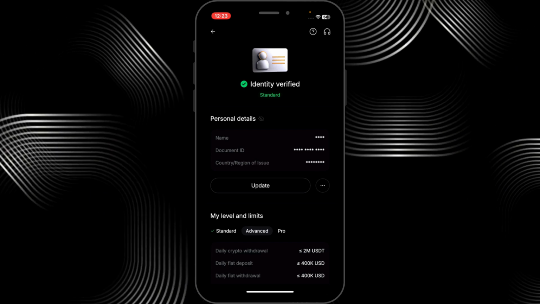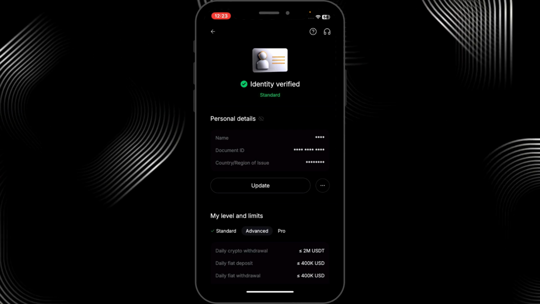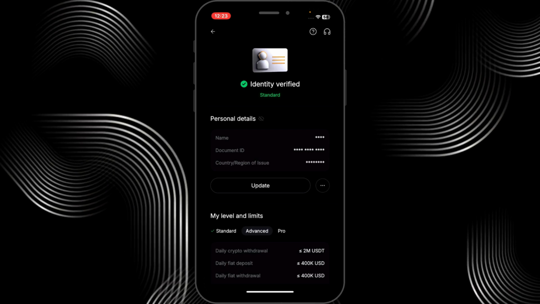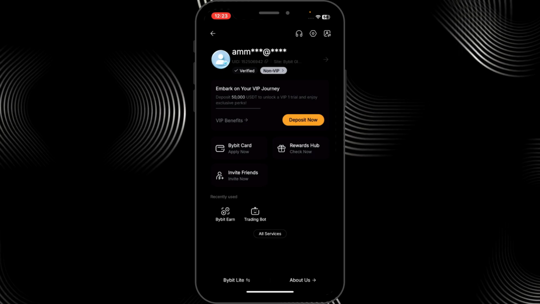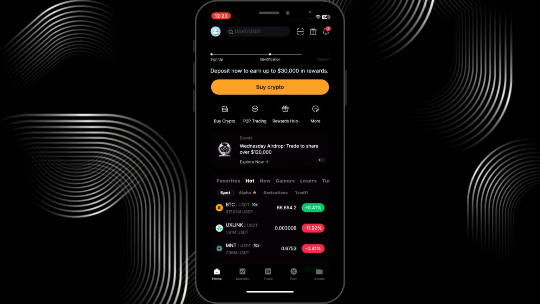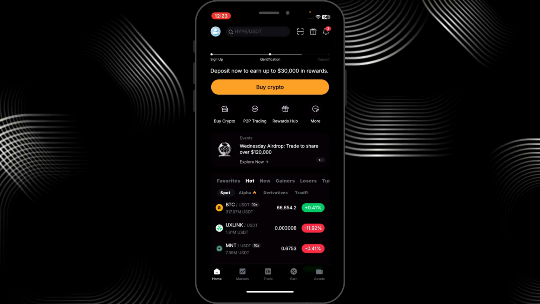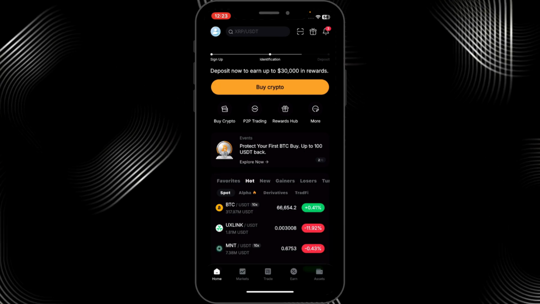So if your name is this, match it with the identity card, passport, driver license, whatever, in the country of issue. And you're going to give access to Bybit so they can take a scan of your document. They're going to verify it using their machine, and in a matter of minutes, you're going to receive an email approving your